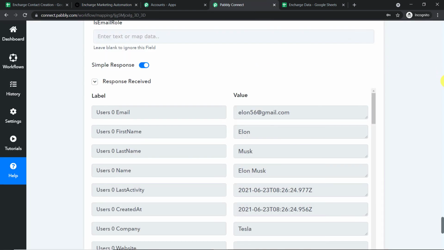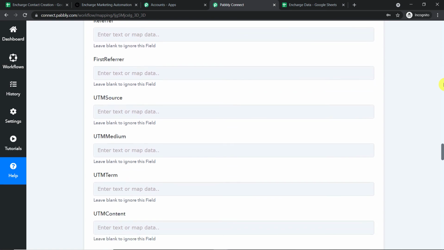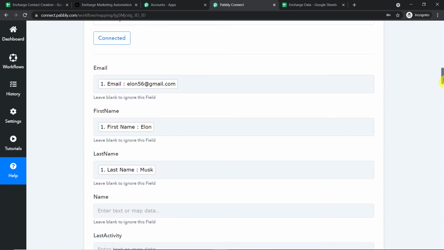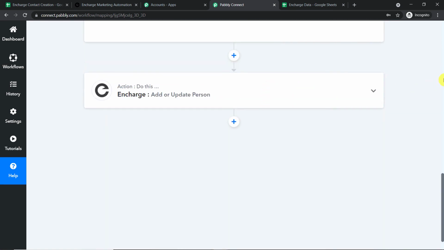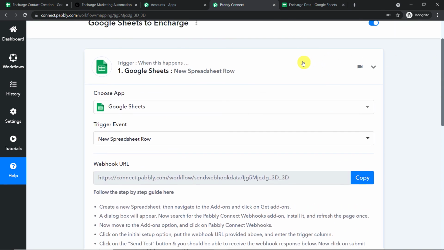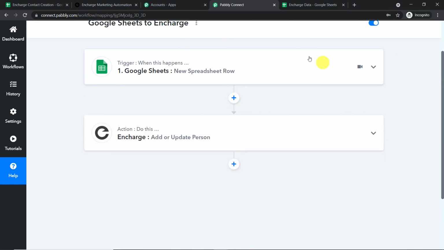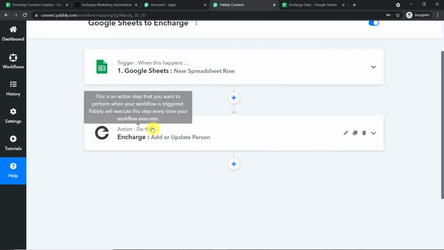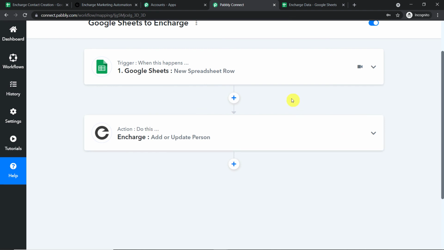Now, before you leave, let me just explain to you the whole mechanism in a nutshell. So let me just minimize all these windows. Okay, I have minimized the action window, I have minimized the trigger window. So basically this is the whole process in a nutshell. First you integrated Google Sheets to Pabbly Connect, and then you have integrated Pabbly Connect to Encharge. So now there's a perfect flow of data between Google Sheets and Encharge. So not just these two software, you can integrate multiple applications and automate your business with Pabbly Connect.